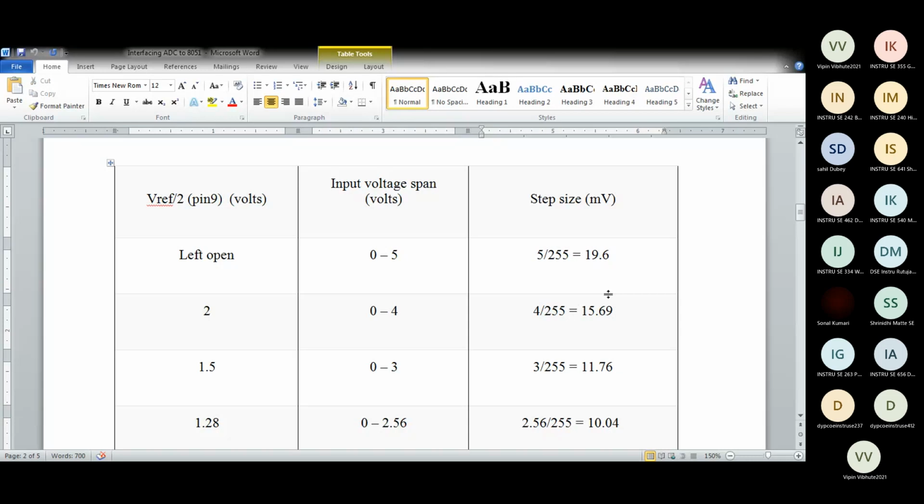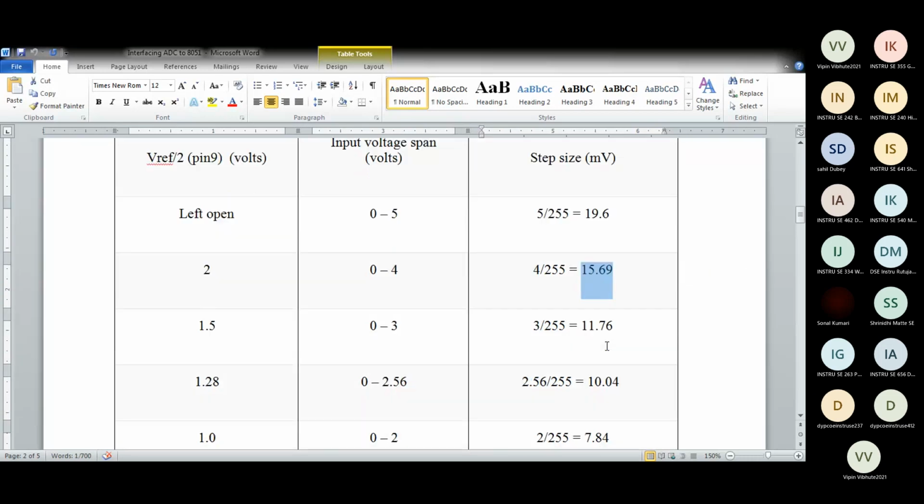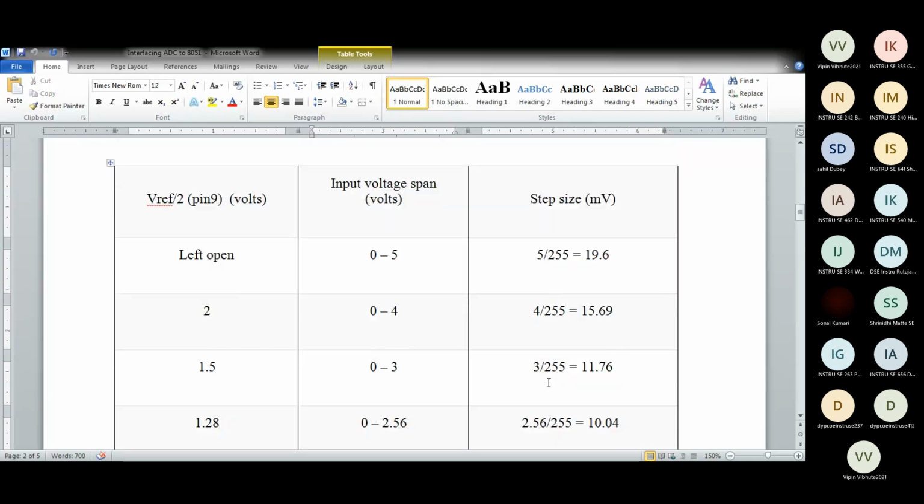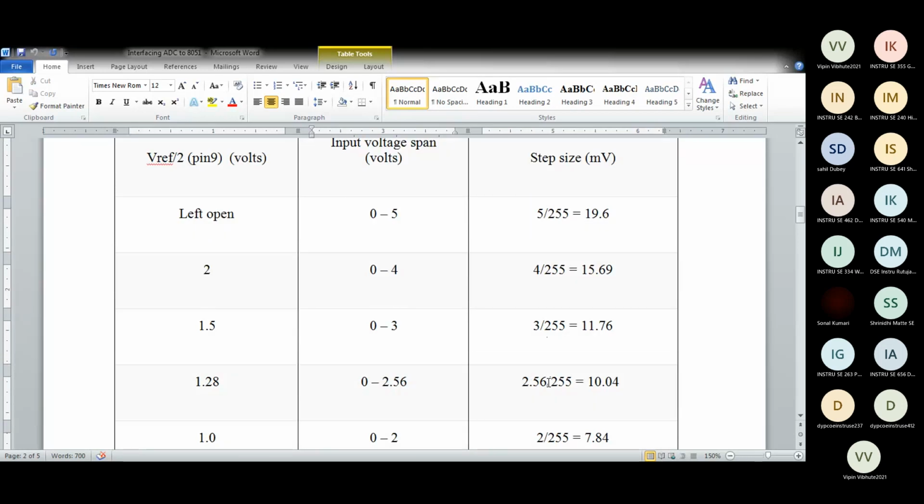Any doubt in this? For example, if your range is 0 to 4 volts, so 4 volts is input, output is 255. I get 15.69 millivolts step size or minimum resolution. Same thing for 3 volts, 2 volts, 1 volt. Have you understood these calculations?